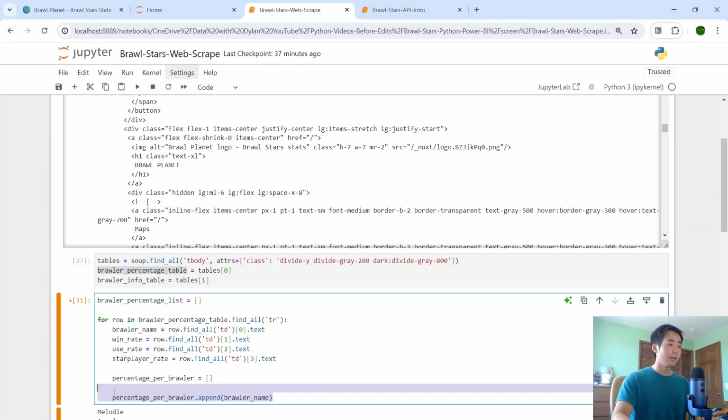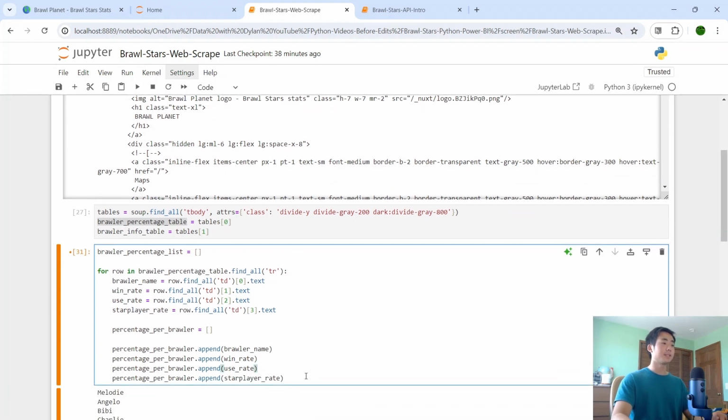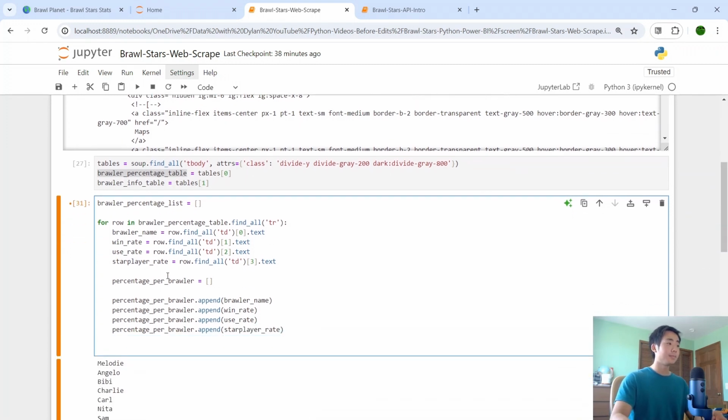So I'm going to say append the brawler name, and then append the win rate, append the use rate, and then append the star player rate. And so this empty list is going to contain the data for each individual brawler. But then I want to append the information inside the individual list into the outer list, which contains